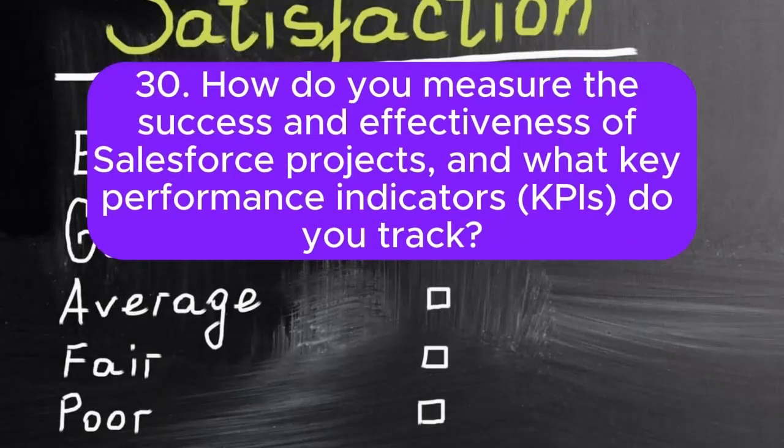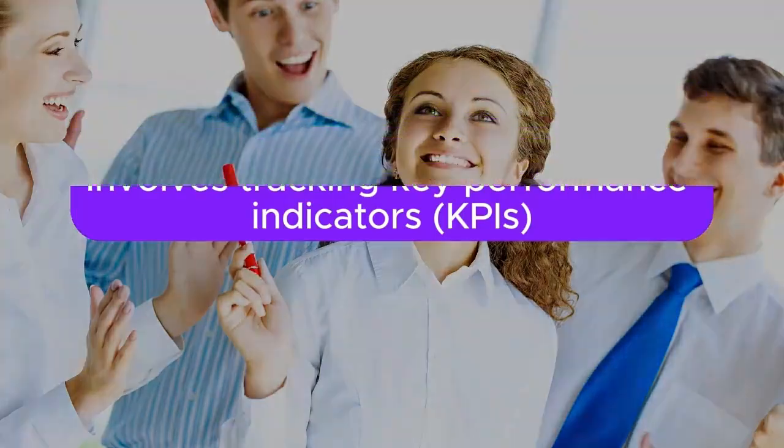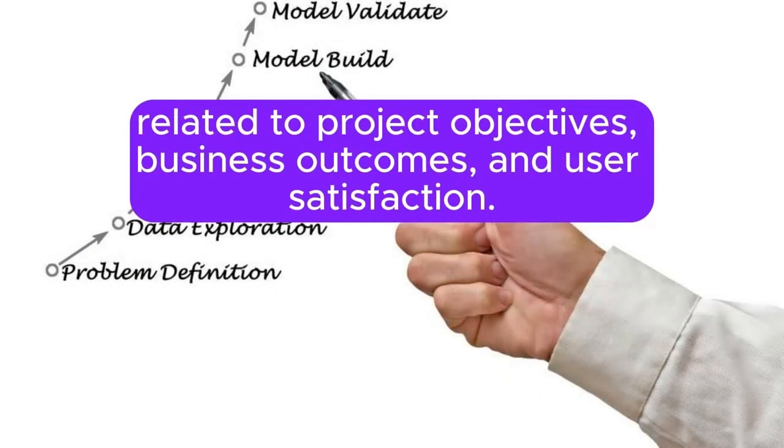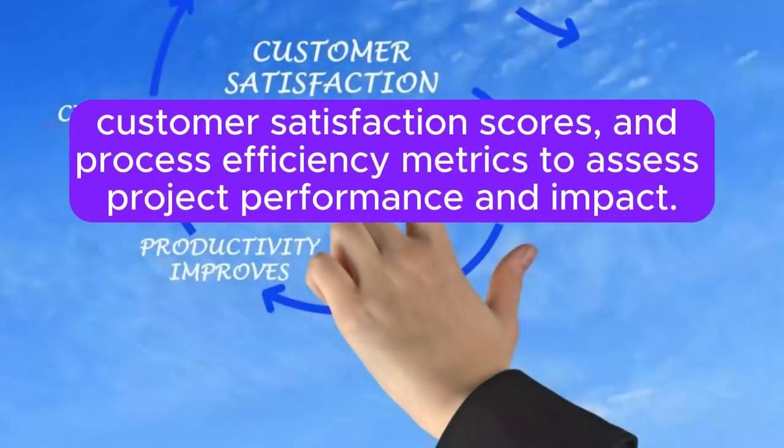30. How do you measure the success and effectiveness of Salesforce projects, and what key performance indicators (KPIs) do you track? Answer: Measuring the success and effectiveness of Salesforce projects involves tracking key performance indicators (KPIs) related to project objectives, business outcomes, and user satisfaction. I define KPIs such as ROI, user adoption rates, customer satisfaction scores, and process efficiency metrics to assess project performance